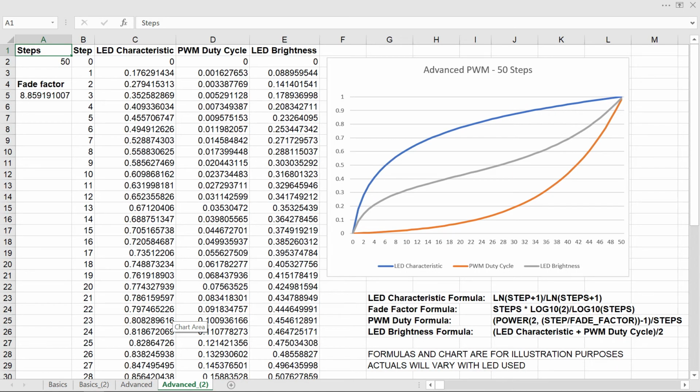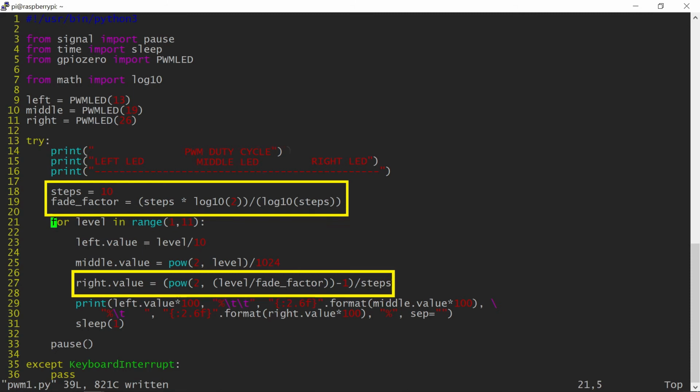This spreadsheet illustrates the situation with 50 steps. While the resulting brightness curve approximation is far from being straight, I think it's very good. I have yet to see any household LED dimmer that does better than this. Typically, they don't fade very well on the lower end, so this is perfectly acceptable considering what the industry does today. The only complaint I have is that this formula is not very pretty.